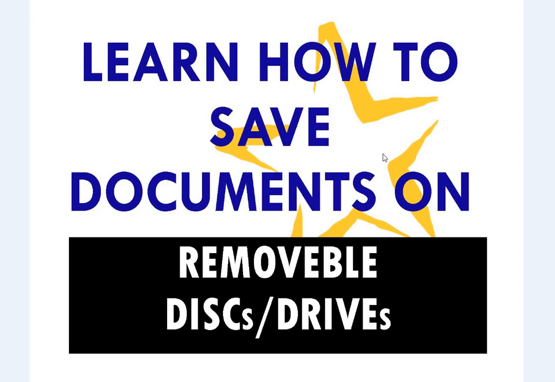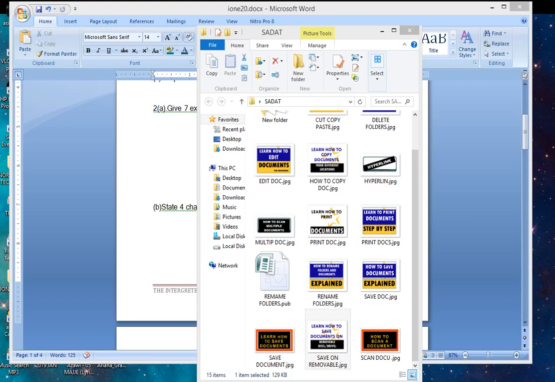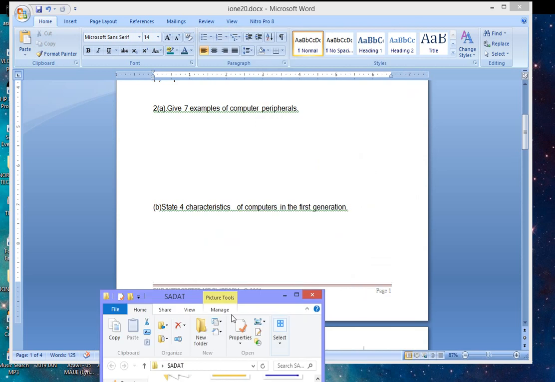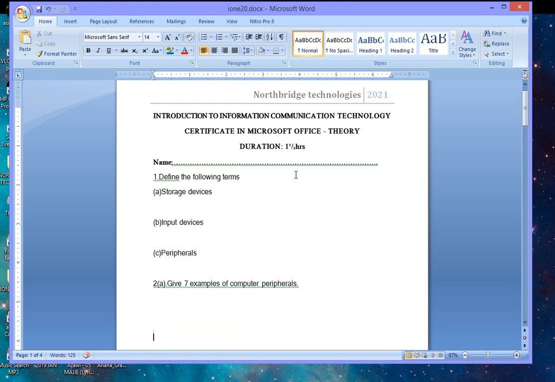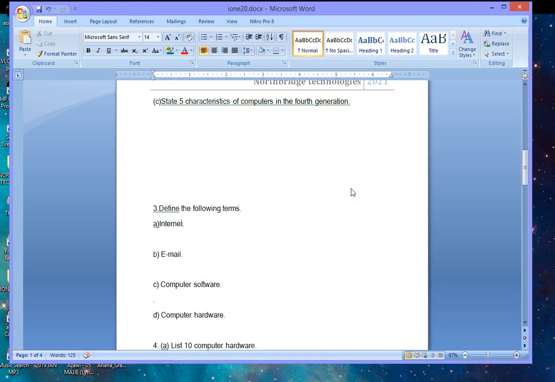Well, let's see how to learn how to save documents on removable disks or drives. You could be having your phone, your external hard drive, your flash disk, the memory card, iPod, name it. You could be having all those, but then you want to learn how to save a document onto those ones. So what we do, you have to have your document already typed,